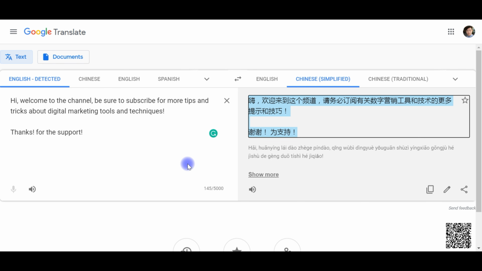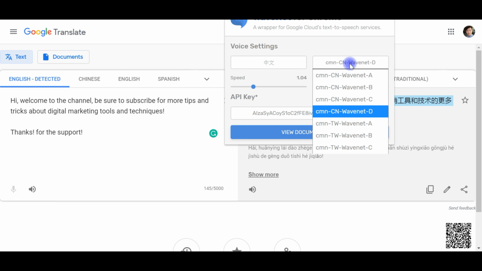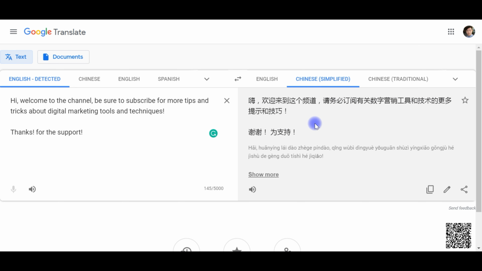嗨，欢迎来到这个频道，请务必订阅有关数字营销工具和技术的更多提示和技巧，谢谢为支持。 Alright, so there's also like some deep voices, which sound more, this is a Taiwanese accent, which has more,